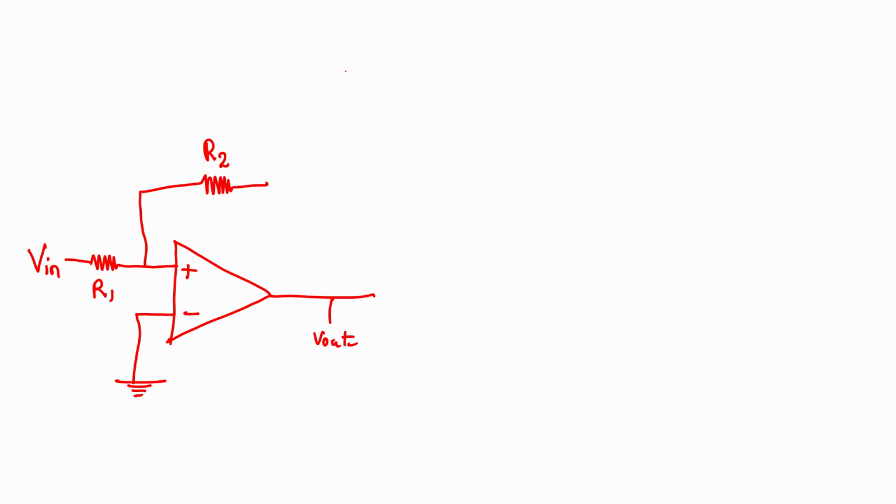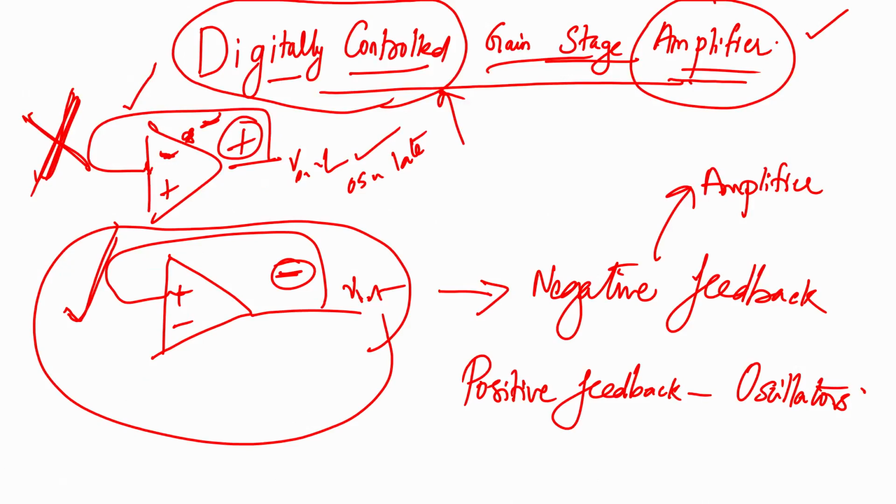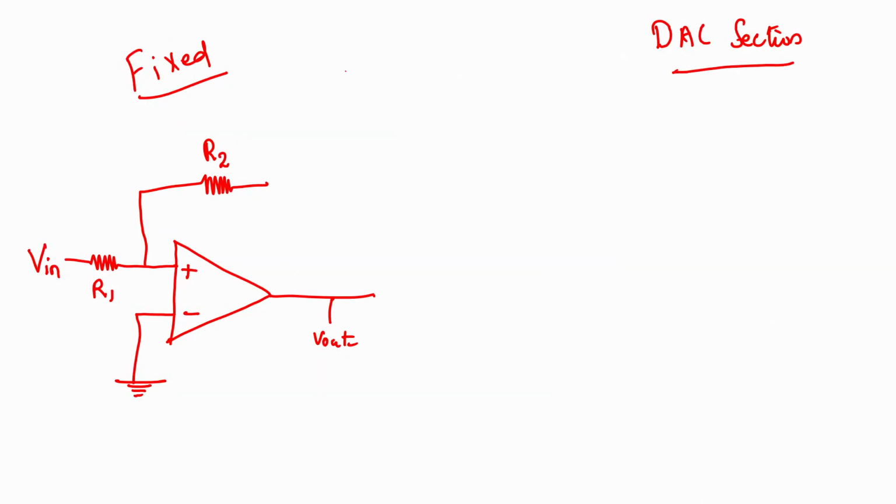Now we have to make a DAC, right? So let's make that DAC separately here. So this will be the fixed amplifier section. And this is the DAC section for us to digitally control our amplifier. So let us not worry right now about connecting these two and getting our final implementation, which is the digitally controlled gain stage amplifier. Let us see what DAC section we have to do. I think you all are very well aware and you are masters of that part. So let us just do the formality of designing it.